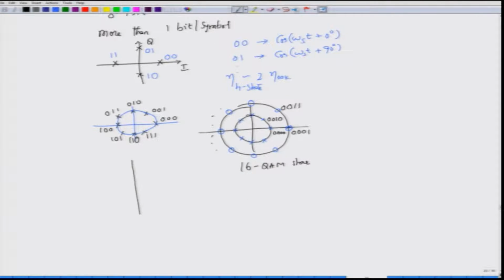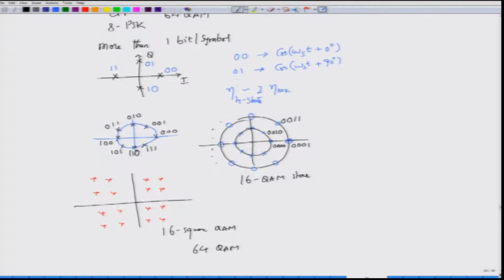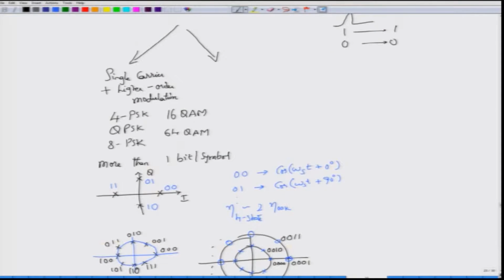It is also possible to have a different kind of QAM. This is called the square QAM, and in the square QAM, as you can clearly see, the symbols are arranged in the form of a square. So, this is one way of increasing the spectral efficiency. This is 16 square QAM. You can also go to 64 QAM, but I am not going to talk about 64 QAM in this particular module. So, you have all these options in which you are able to transmit more bits per symbol,